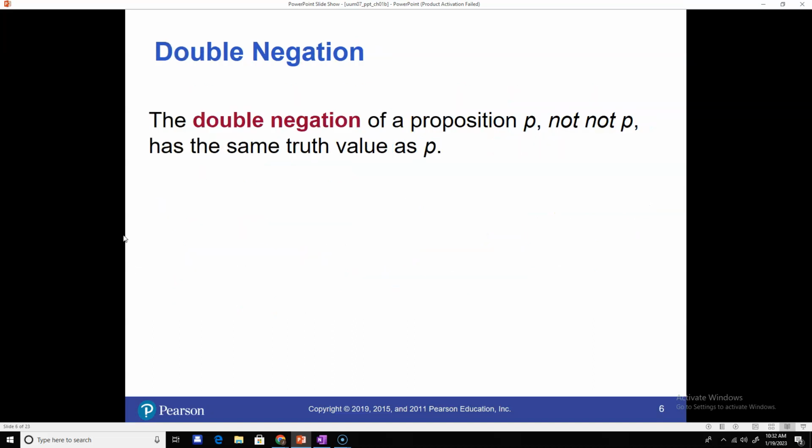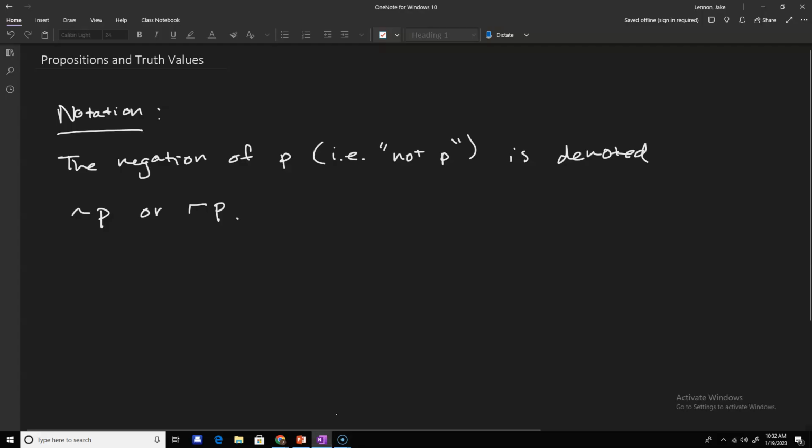Okay, the double negation. So these kind of things happen almost accidentally. Maybe it's the way we speak. But the double negation is just going to have the same truth value as the original proposition. We could check this pretty quickly. So a double negation